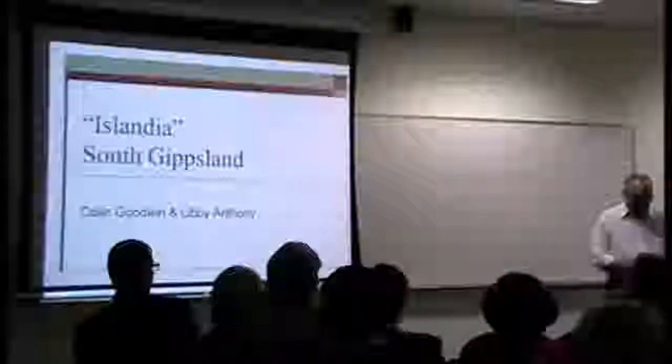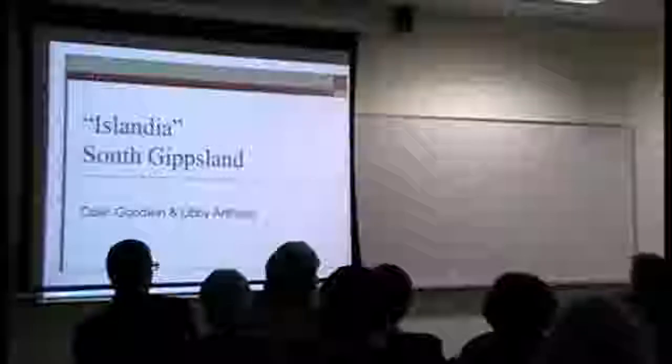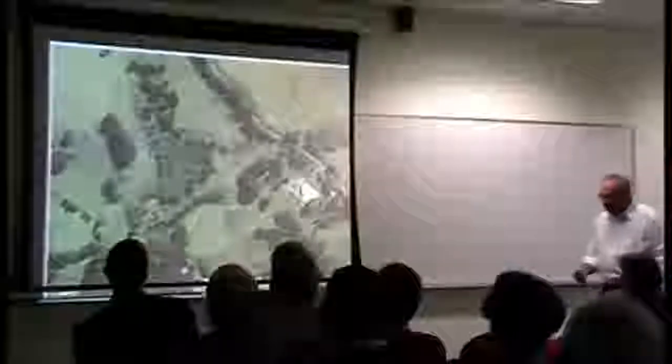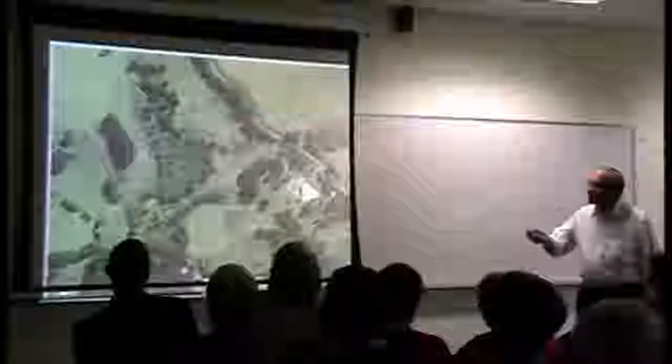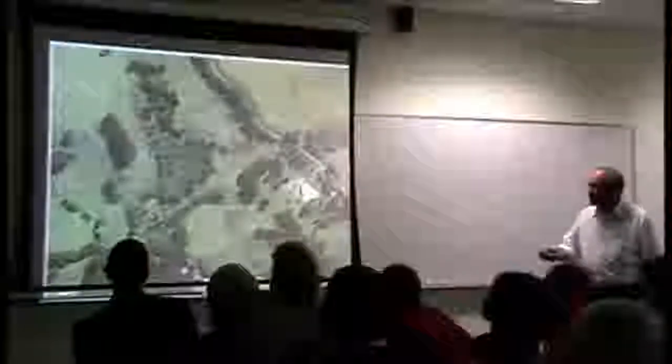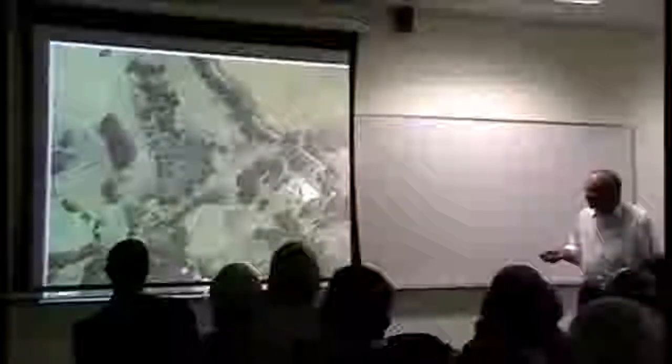And so in 1999, we bought Islandia. There it is. And that's an aerial shot of our property. So we have the lane, and we've got a few paddocks. These are bush foods. Those are mountain peppers that we've planted. So that's our west paddock and south paddock, our east paddock, fruit orchard,